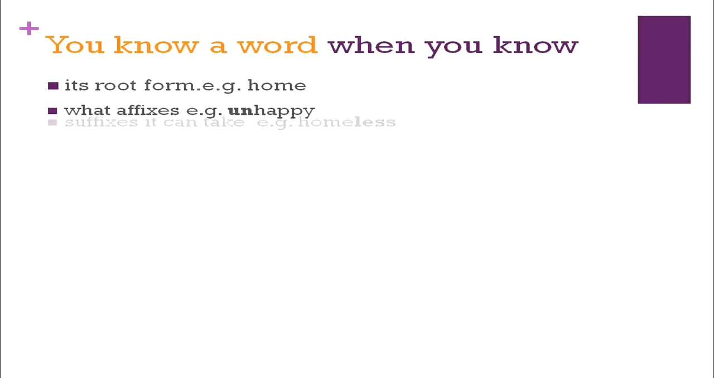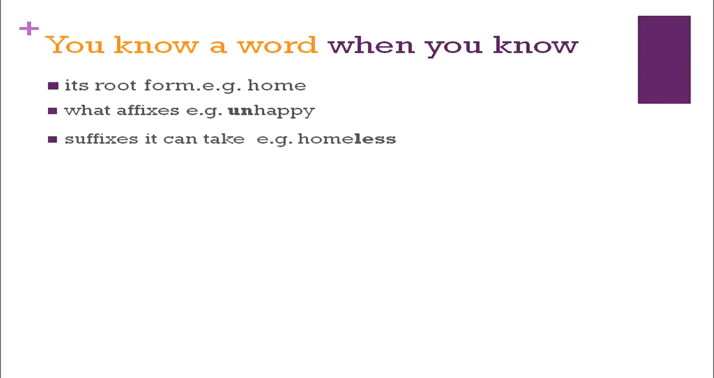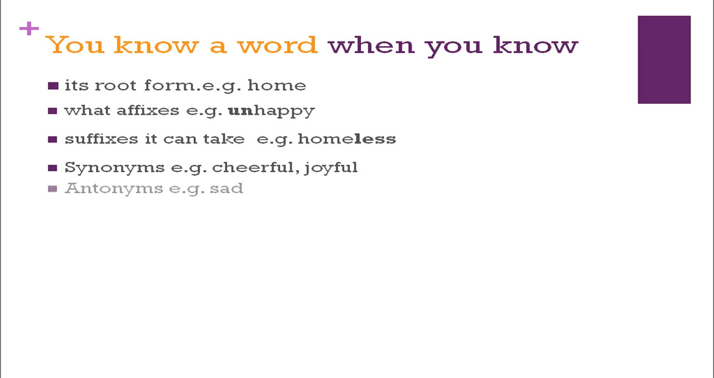You know a word when you know its root form, for example, home. The affixes that it can have. For happy, we can use the affix un and then we can make it unhappy. Suffixes it can take, for example, homeless. Then synonyms, cheerful, joyful. Joyful is the synonym of cheerful and cheerful is the synonym of joyful. You can add more synonyms to it. There are many synonyms. You can add happy to it. Now, the antonym of joyful is sad. Then next is